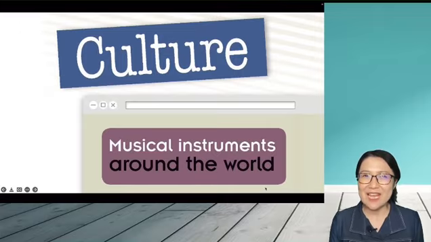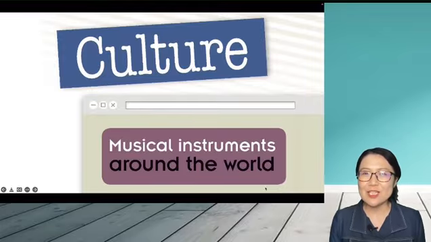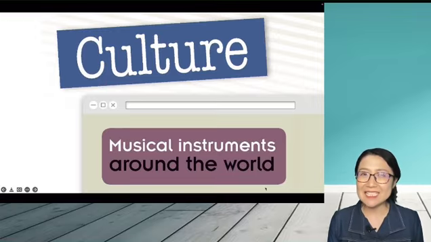欢迎大家来到 Think Starter 的课堂。So today we are going to take a look at the culture reading of Unit 8. 那今天呢，我们就要来看到第8单元的阅读部分了。So in this unit, we talked about music and musical instruments, right? And today we are going to take a look at the musical instruments around the world. 那今天我们就要来看到来自世界各地的一些奇奇怪怪的 musical instruments 乐器。